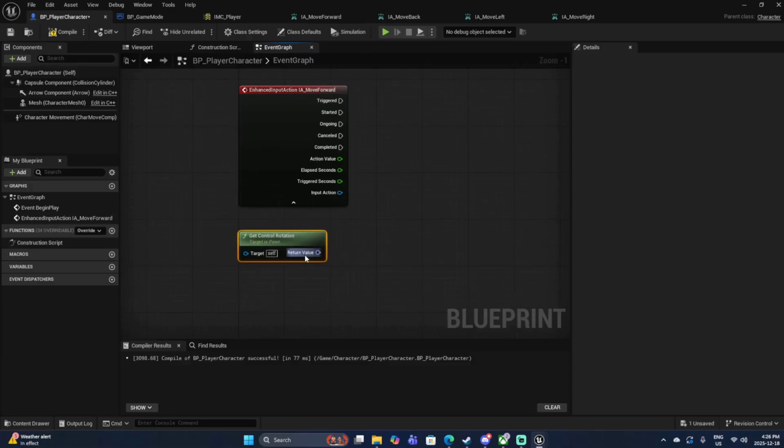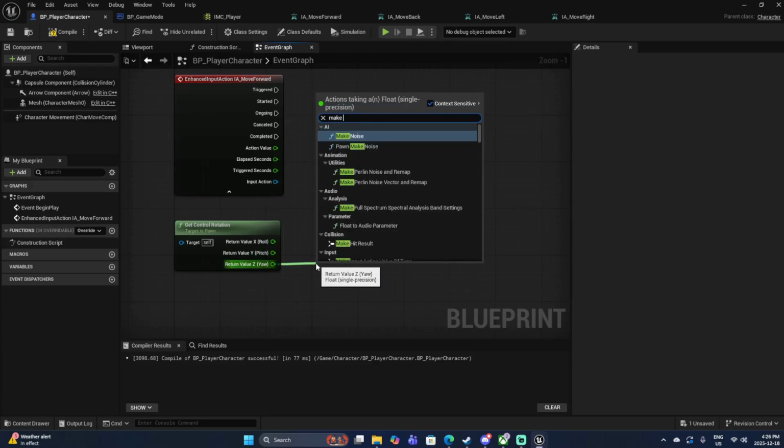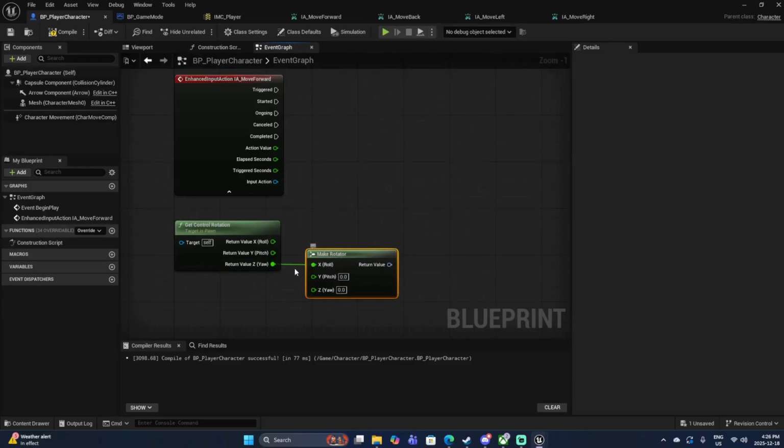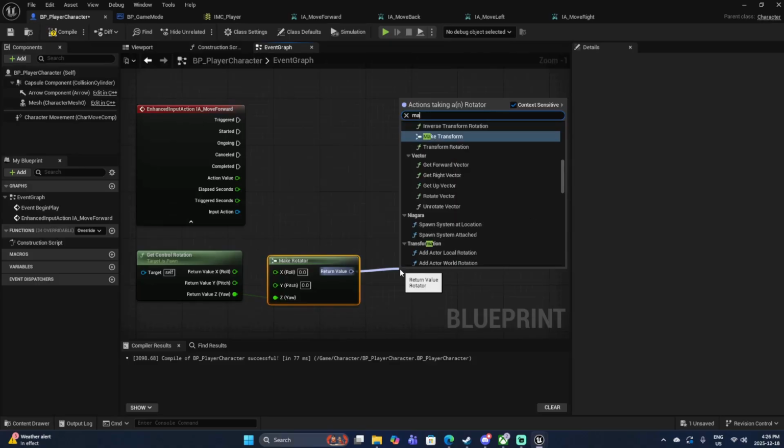We are going to go ahead and right click this return value, and we are going to split the struct. This will give you the X, Y, and Z values. From your Z, you want to go ahead and make a rotator. By default, it's going to hook your Z up to X. Make sure you hook up Z to Z and leave X and Y as 0. From this new return value, you'll want to go ahead and